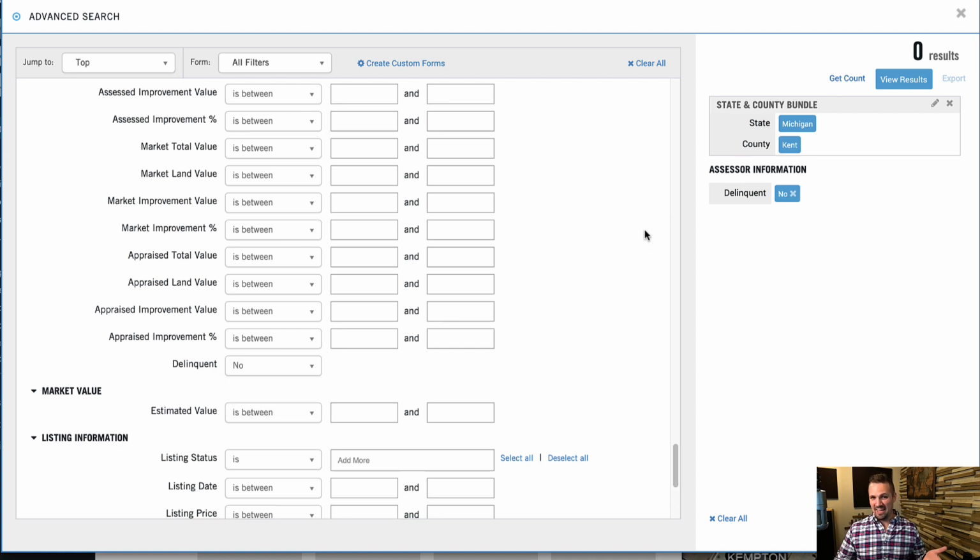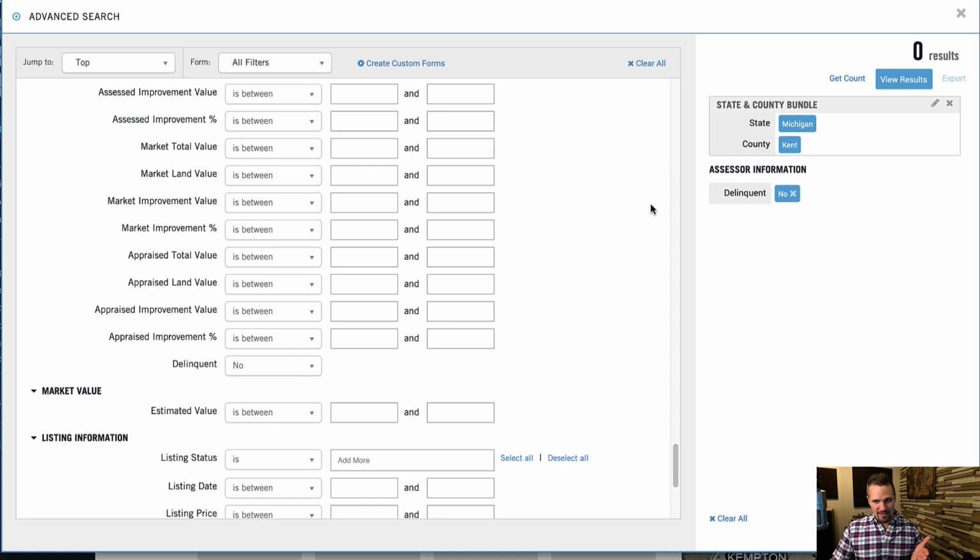So I think as a general rule, if you're ever trying to use this data and you select yes or no and it's just giving you nothing, that's usually a pretty reliable indicator that that information is not available here. So don't even try to use it. And obviously if you get a list with nothing, you're probably not going to use that anyway. So that's one way you can know if a county you're looking at is not covered.